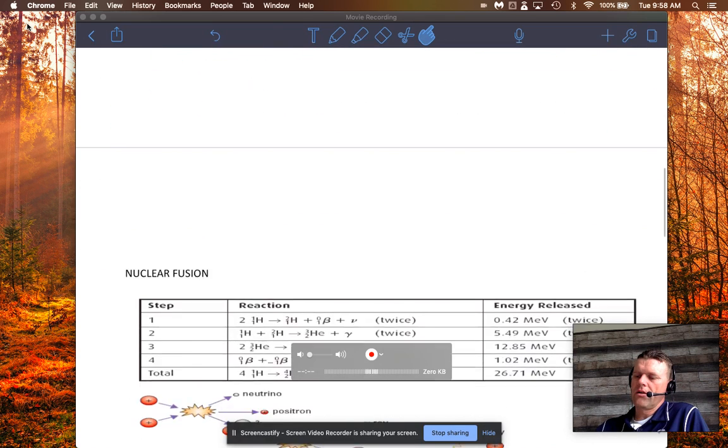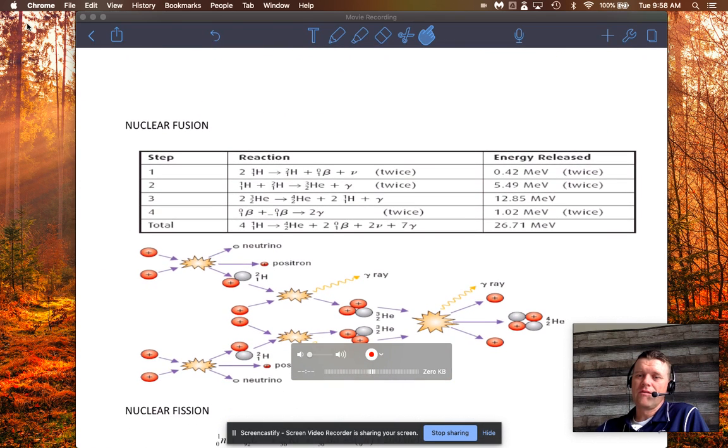So the last part of chapter 16 is on fusion and fission. And this is such a fascinating area of energy because of its potential. It also has a dark side to it. If you remember your social studies about the Second World War,